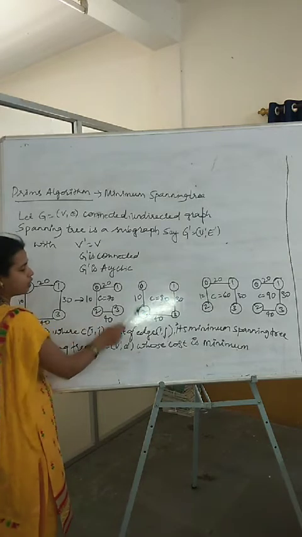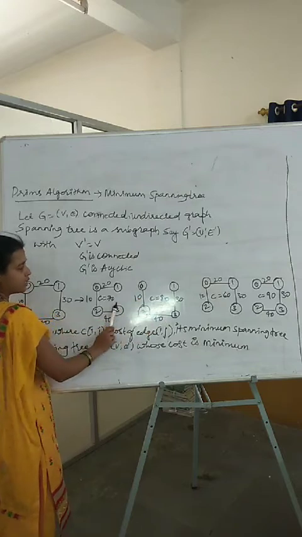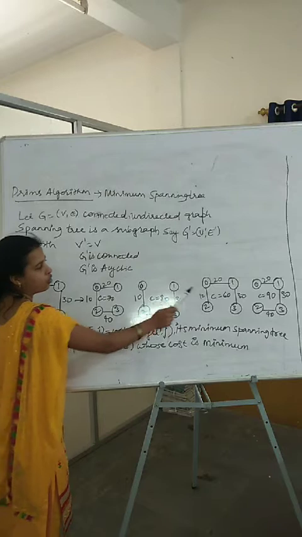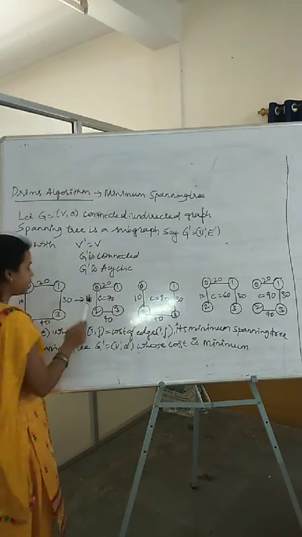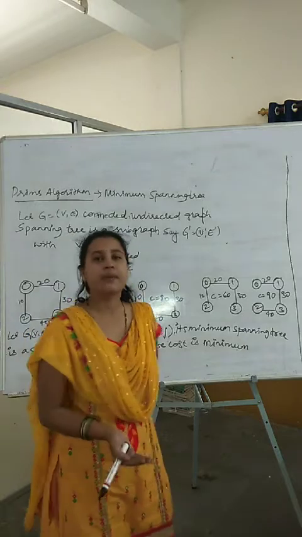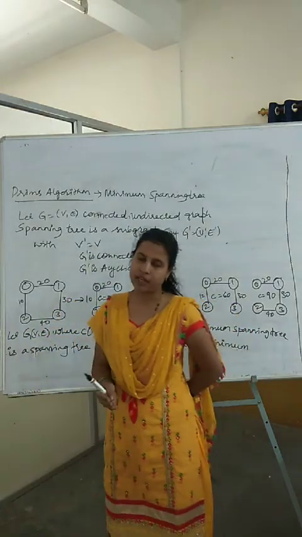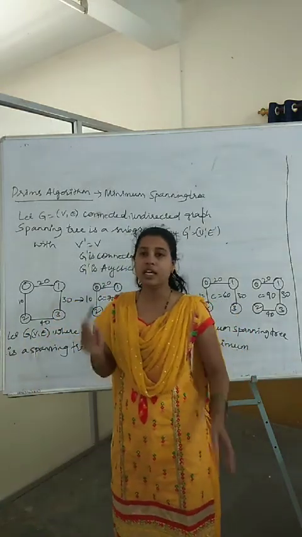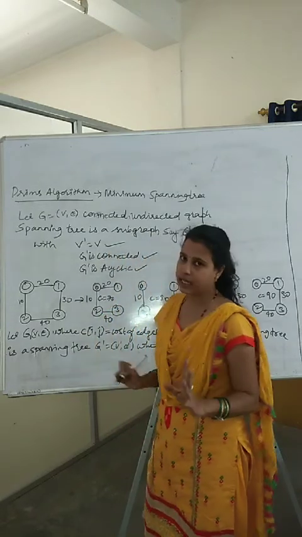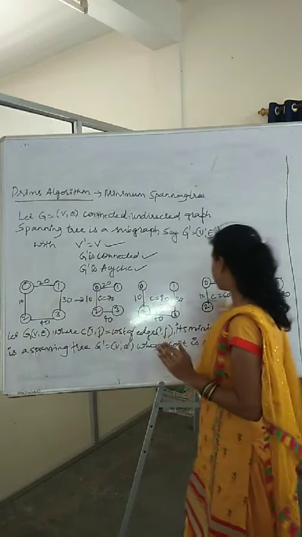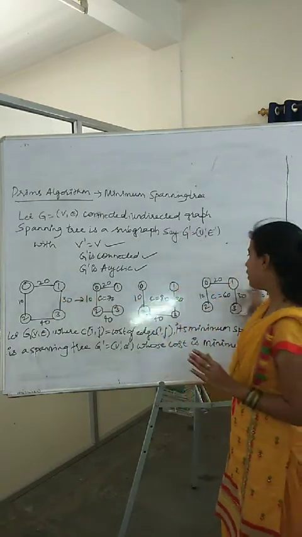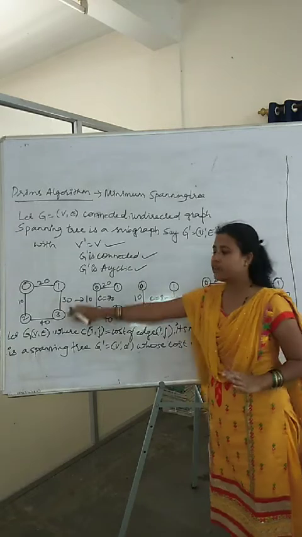One more type. All vertices are included here. This edge is not there. Here this edge is not there. Similarly, I have drawn different types of spanning trees of one given graph. One graph can have many spanning trees, but it should satisfy the conditions. What are those conditions? Include all the vertices, it should stay connected, and there should be no cycles. So these are all subgraphs of the given graph, and these are all spanning trees of the given graph.